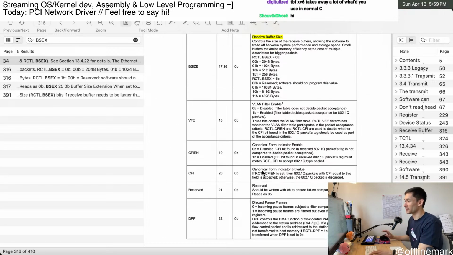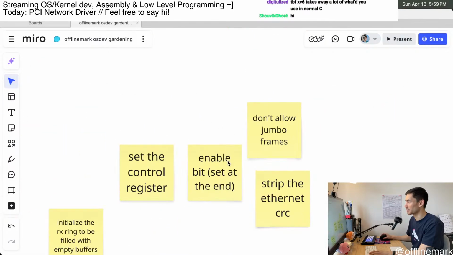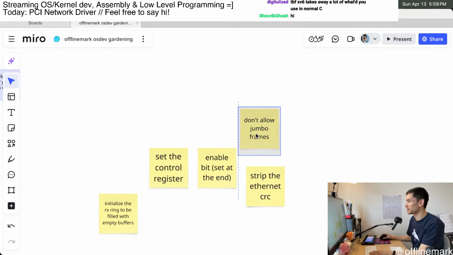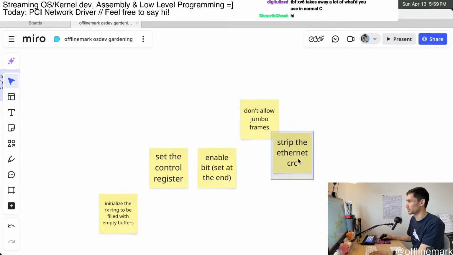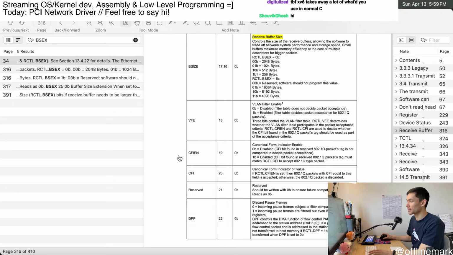because the other state that we wanted to set, which was kind of listed over here, don't allow drum frames and strip the CRC. So we're setting this, but this one is there by default. And we did this already. And so